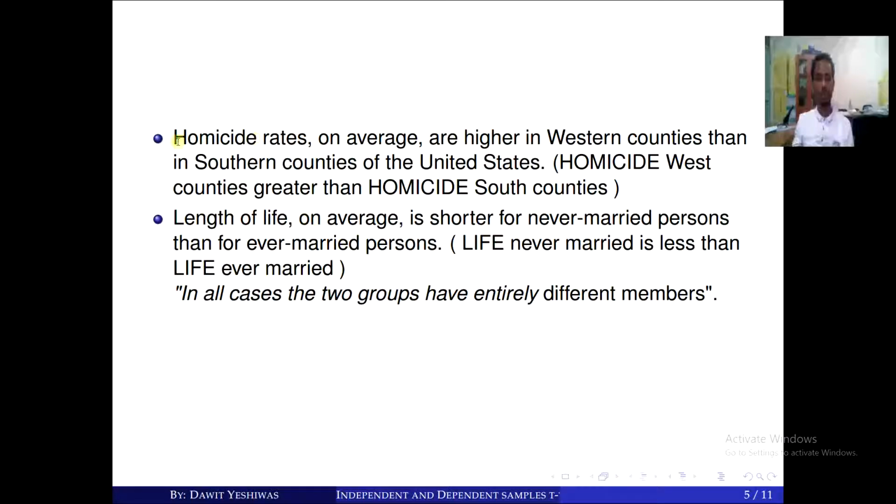Is there a difference in the average homicide rate of Western countries compared with Southern countries? Also another concern that can be addressed by this independent test. Is the average length of life shorter for unmarried persons compared with ever married persons? So in all these cases, the two groups have entirely different members, and that's why we call it independent sample t-test or two sample t-test